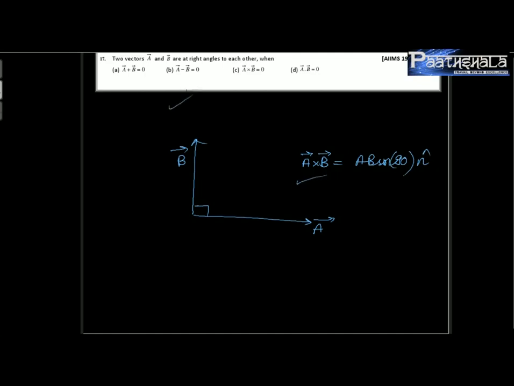A minus B cannot be 0 and A plus B also cannot be 0. So these are correct options, correct meaning these options should not be ticked. A cross B is not equal to 0